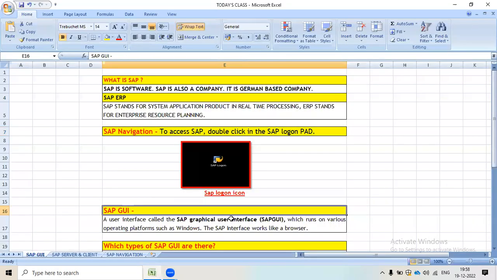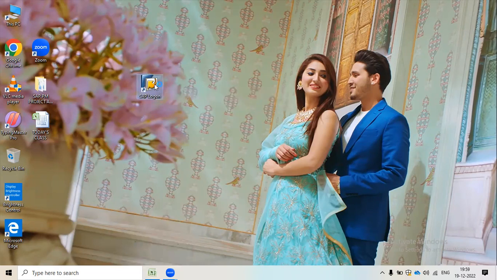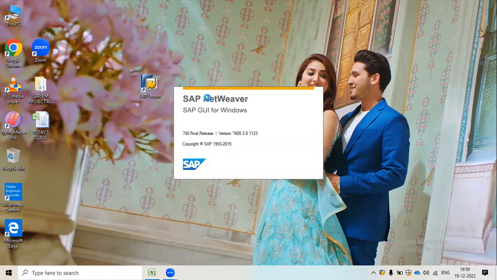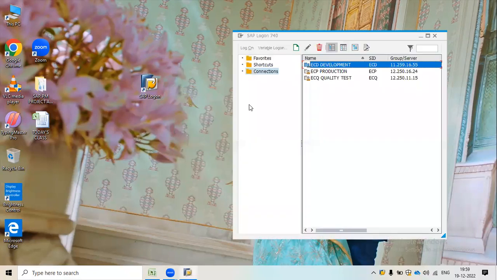SAP GUI is the SAP graphical user interface, which runs on various operating platforms such as Windows. The SAP interface works like a browser. If I double click on it, you can see SAP NetViewer, SAP GUI.